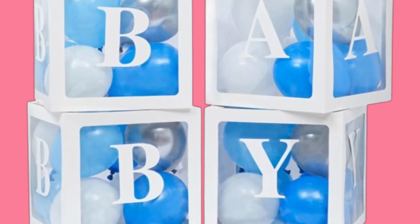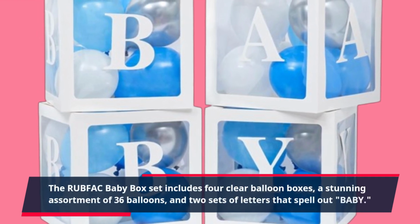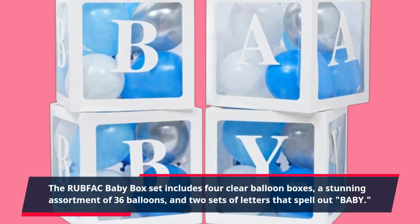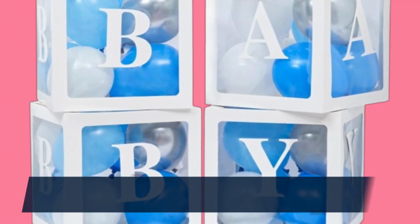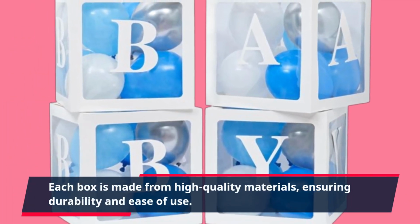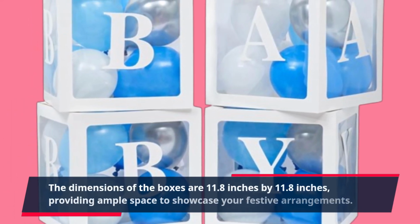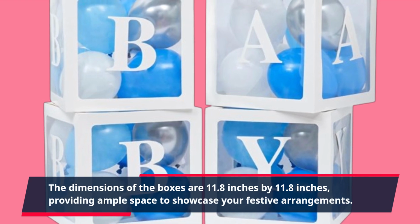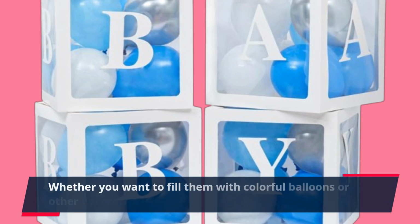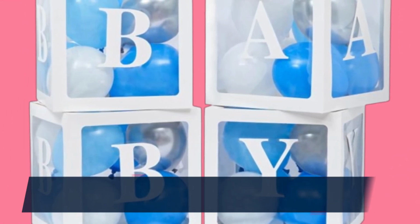The RUBFAC baby box set includes 4 clear balloon boxes, a stunning assortment of 36 balloons, and 2 sets of letters that spell out, baby. Each box is made from high-quality materials, ensuring durability and ease of use. The dimensions of the boxes are 11.8 inches by 11.8 inches, providing ample space to showcase your festive arrangements. Whether you want to fill them with colorful balloons or other decorative items, these boxes are designed to captivate and